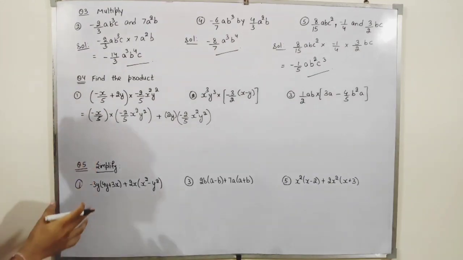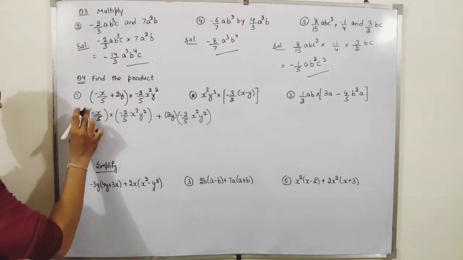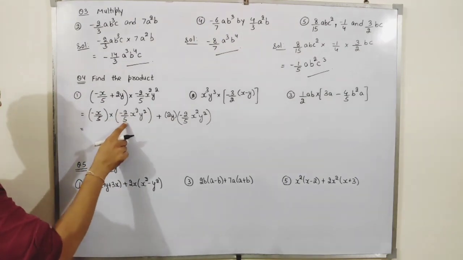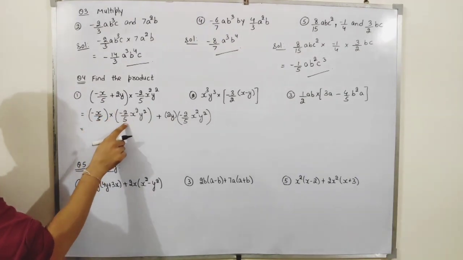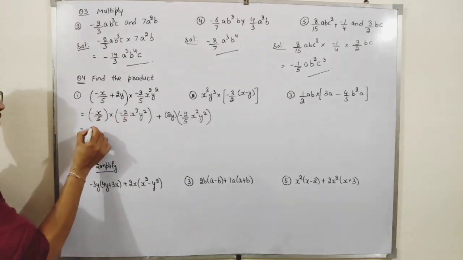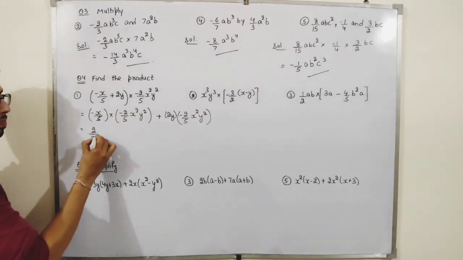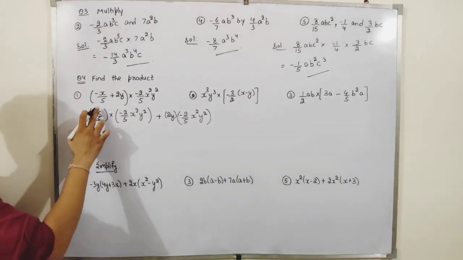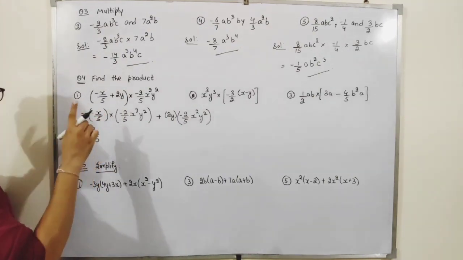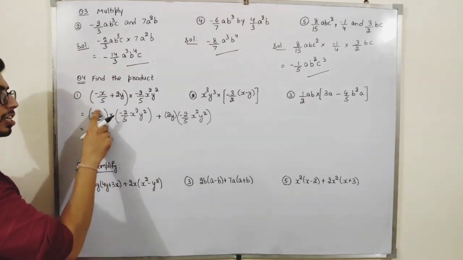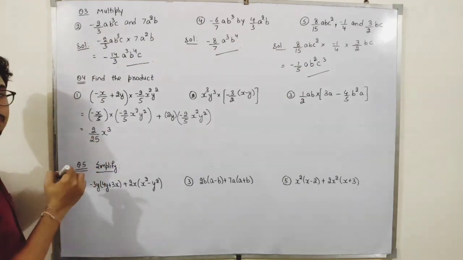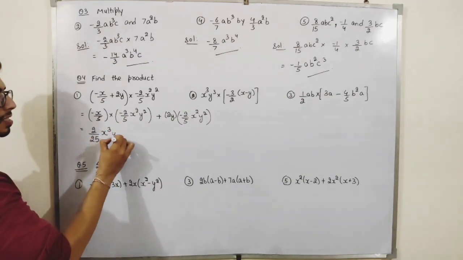Okay. So see what it will be. Minus into minus is plus. Okay. 2 by 5. See, 2 by 5 and nothing is there, so I can write it like 1 by 5. So 2 by 5 into 1 by 5 is 2 by 25. Okay. X raised to the power is, see, nothing is there, so I can write it like x raised to the power 1, x raised to the power 1, x raised to the power 2. So it will be x raised to the power 3, y square as it is.